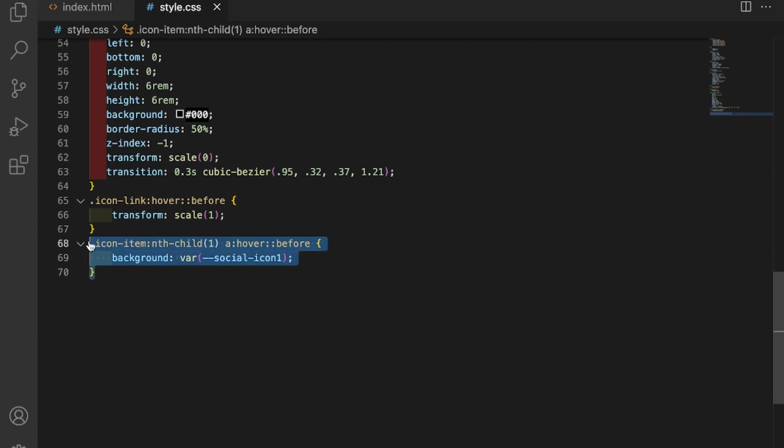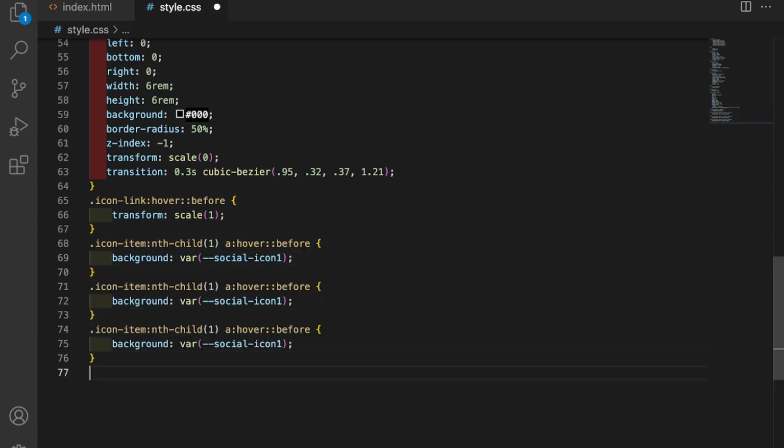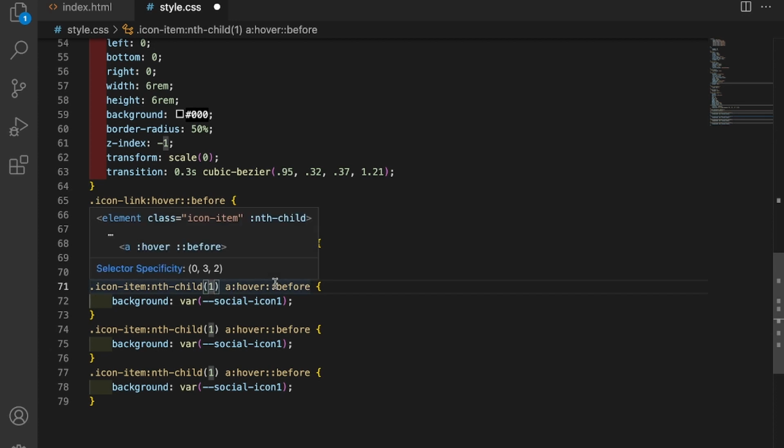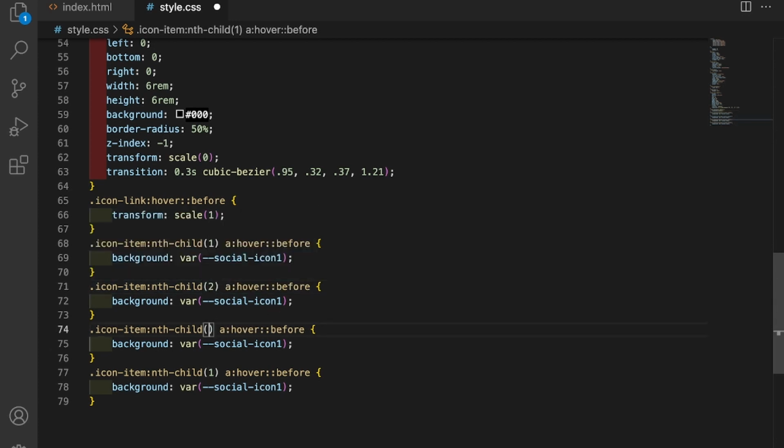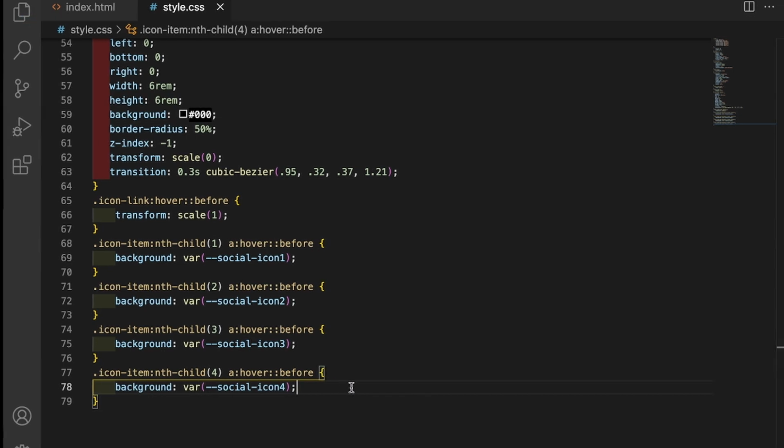So now just copy it and paste here, and first of all I will change the nth child to 3 and 4, and now change the variable name to icon 2, and in third icon 3 and at last icon 4, and just save it, and let's check the output.